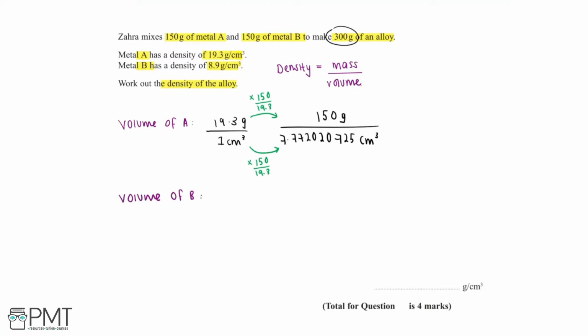So we're going to do the exact same thing again. Metal B has a density of 8.9 grams per centimeter cubed, which means that in 8.9 grams of metal B, we have 1 centimeter cubed. We want to find the volume of 150 grams, and so to get from 8.9 to 150, we multiply by 150 divided by 8.9, and doing the same to both sides, we can see that 150 grams of metal B will give us